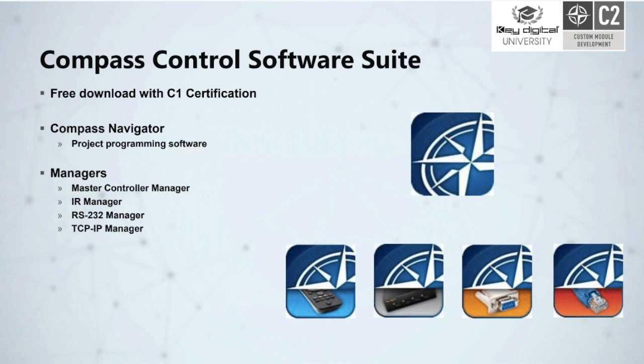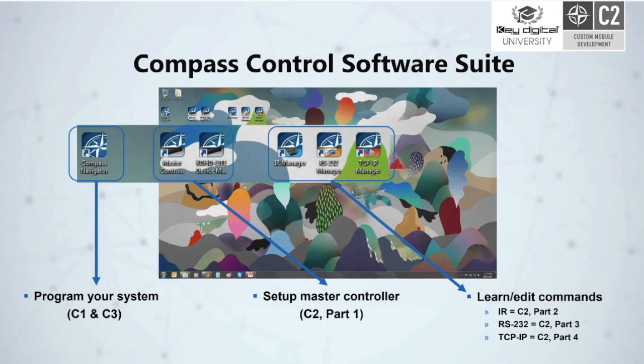suite. As a reminder from C1, the Compass Control software suite is free to download as soon as you gain your C1 certification, and it contains 5 different software elements. Once you install it, you should see those items on your desktop unless you've moved them anywhere else. And as a reminder, Compass Navigator, as we see enlarged on the far left, is where you program